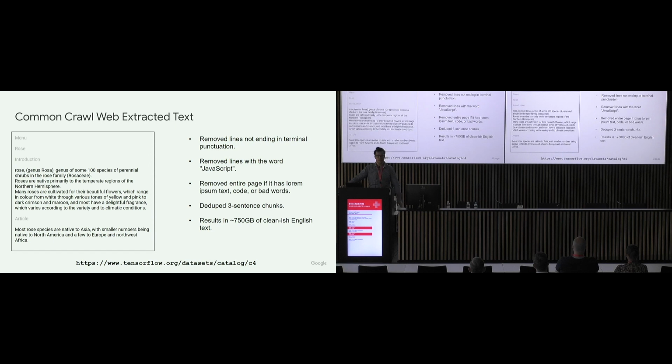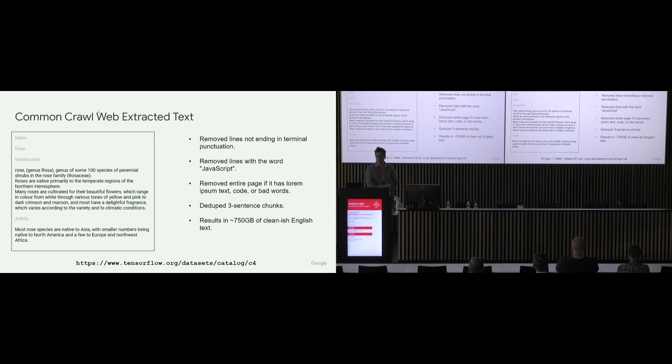It is a resource that many people are using to train these kinds of models. It's a very simple idea. Just take a web crawl. The first version of C4 was in English. And a few heuristics to clean the dataset. For example, removing lines that were not ending in punctuation, removing anything that looks like JavaScript, removing any complete page if it contains placeholder text or if it looks like programming code